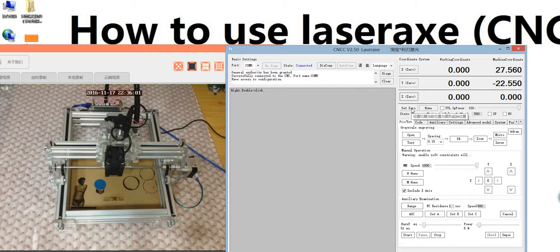And this one is set 0. Set 0 means if you choose a point and you want to start at this point, you need to click this one, set 0. This is very important. When you move the spindle to the point where you want to start, before you start the engraving, you need to set 0. Otherwise the machine will go back to 00 and start engraving. So this means